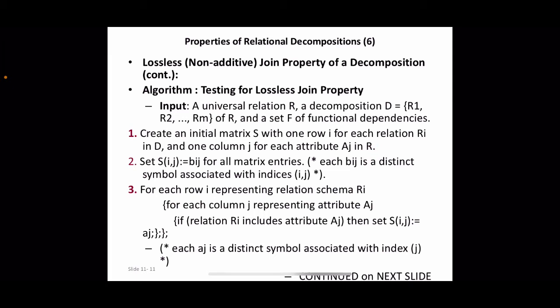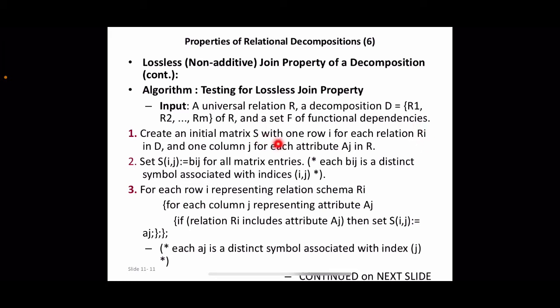So that is the first step. We have to create a matrix. Corresponding to each attribute in R, the universal relation, we have to create a column. And how many rows will be there? How many Ri's are there? That many rows will be there. So corresponding to each Ri, there will be a row.